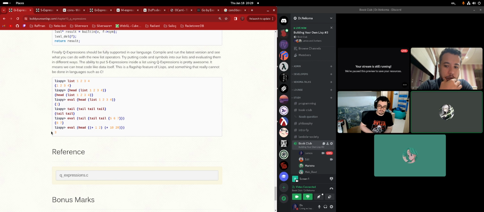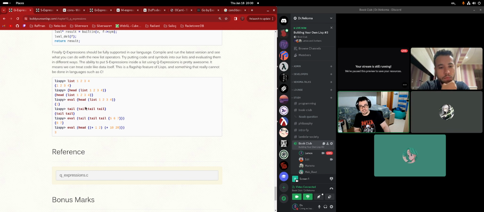And because the first element is an S expression with plus 1, 2, it will become a 3. So then we now have an S expression with only the number 3 inside of it. And if you go back to chapter 9, when you have an S expression with only one thing, the result of the evaluation is that one thing, basically.